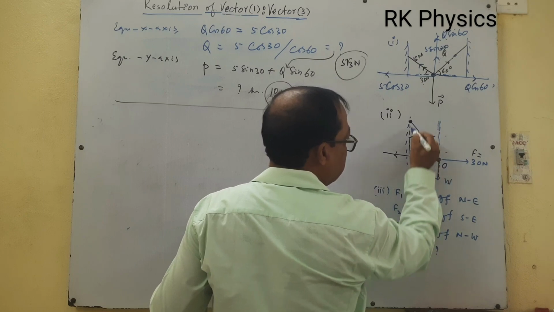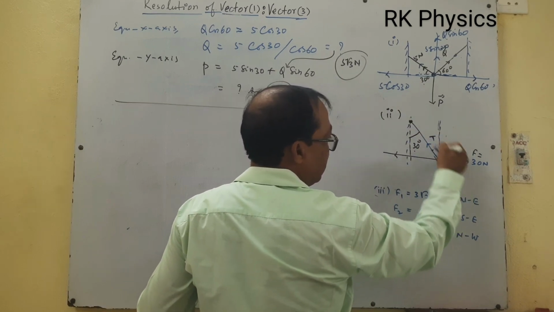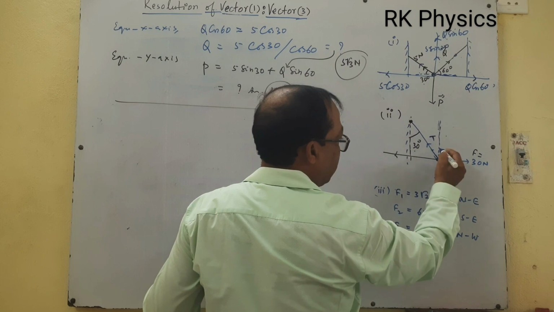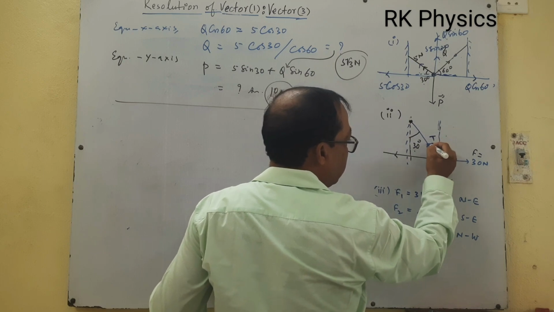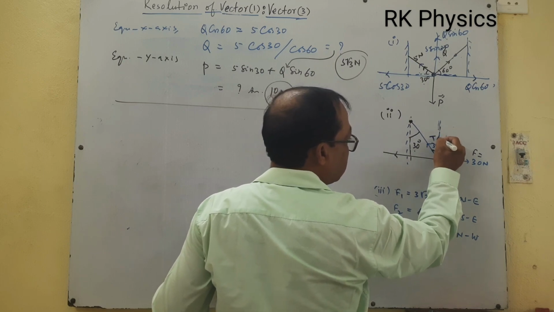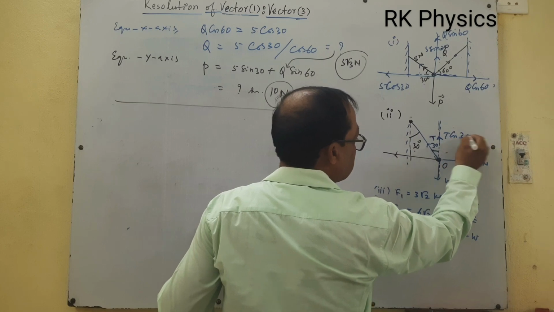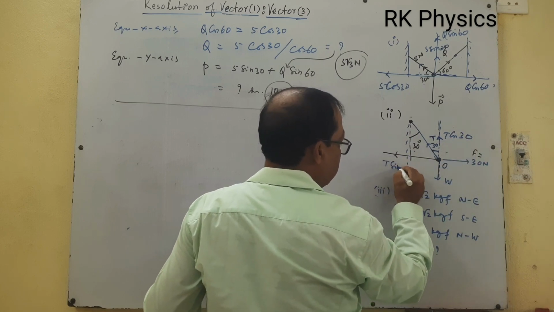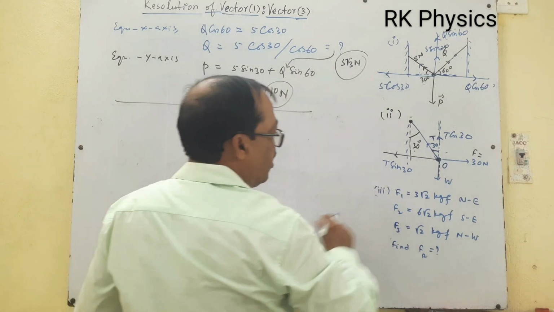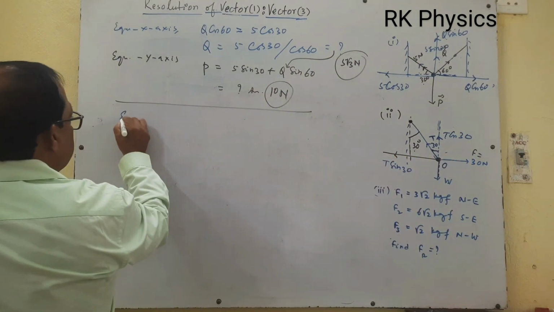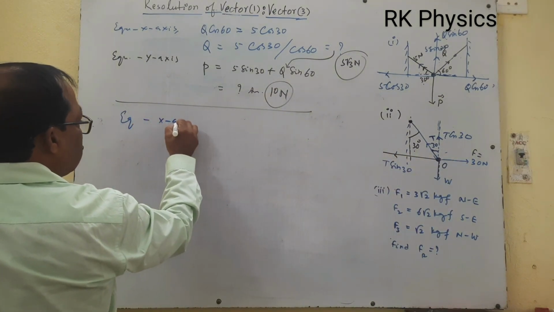As per geometry, these two are parallels. This is connecting between the two parallel lines. This angle is 30. T makes an angle 30 with this line. Its component is T cos 30. Along this is T sin 30. Okay, using equilibrium along x-axis,